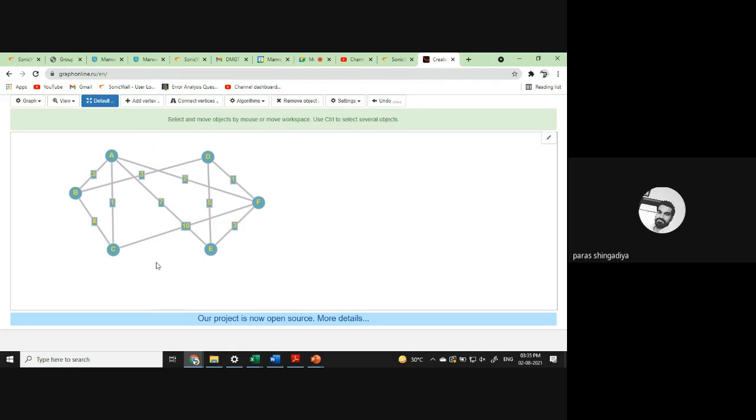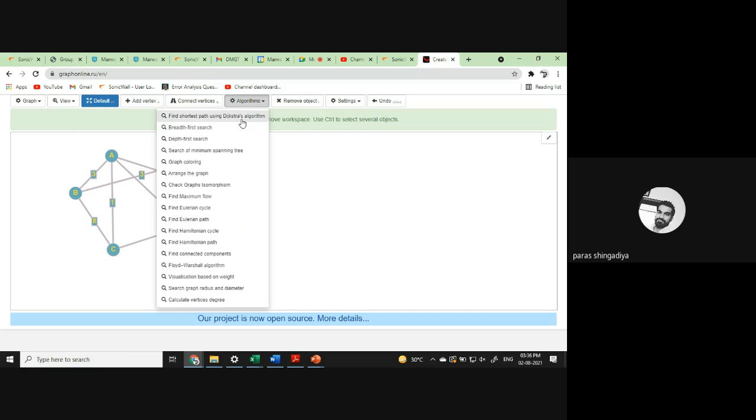You see, there are 6 locations mentioned. Okay, and I have to find the route between vertex A and E. मुझे A और E का रूट फाइंड करना है. ठीक है, A मेरा स्टार्टिंग प्लेस है, E मेरा एंडिंग लोकेशन. Okay, so multiple routes are possible as per the graph. I can visit A, then F, and then I can reach E. That is one route. Then I can consider A, B, C, F, and then I will reach E. Clear? So lots of possibilities are there. Which will be the shortest one as per the weight, as per the distance? Okay, so let's check it by using this algorithm.